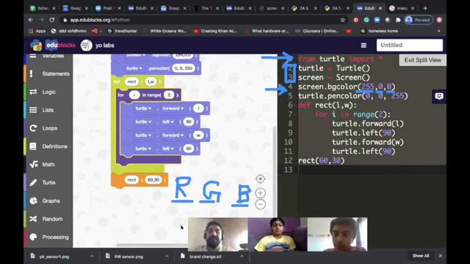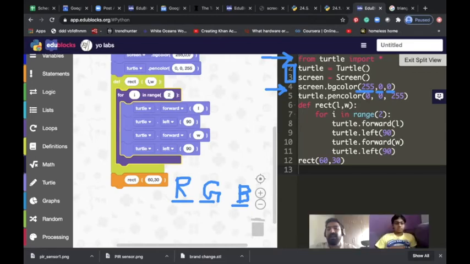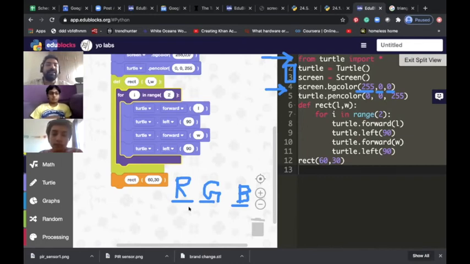I'll explain it in a bit more detail because this is very important for us to start. So Shailesh, how it happens? We have this RGB, just take that these are 3 colors. 0 means no color at all. 255 means full color. The same happens for all 3. If G is 0, it means no green color. 255 means full green color. B 0 means no blue color. 255 means full blue color.